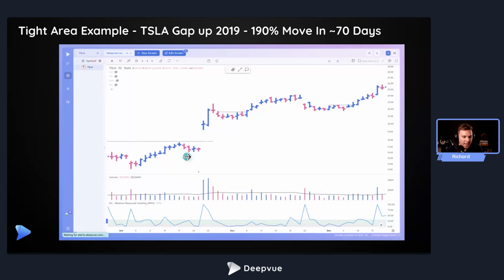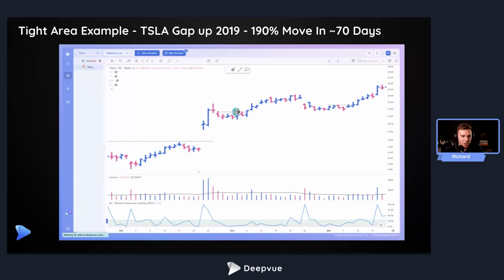So once you identify that changing character, that longer term uptrend, the signs of accumulation where you've got a big gap up on volume, strong push higher, then you've got to wait for that tight range to form and look to use your entry tactics and resolve and enter the stock as they push through those pivots. And we've got a tight area here. We've got one here as well that would have been really great entries into a promising stock that was already